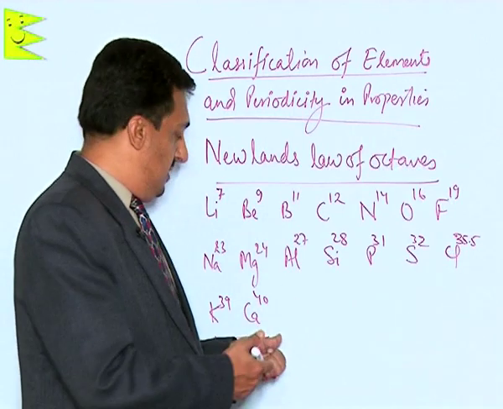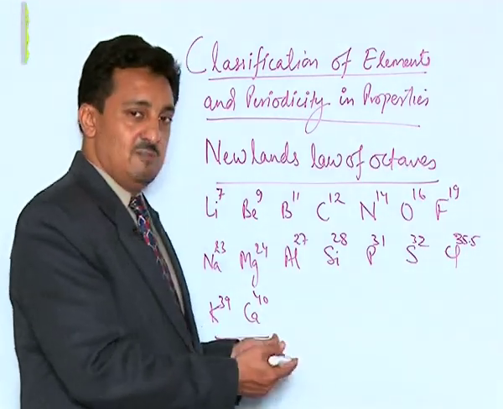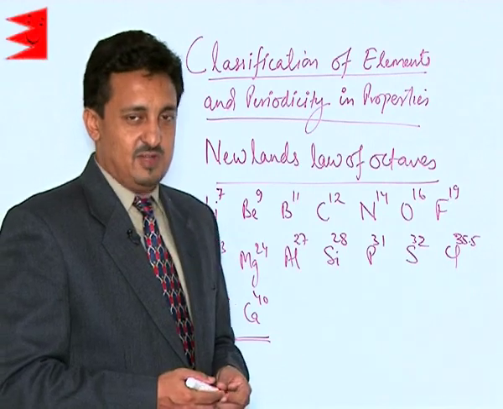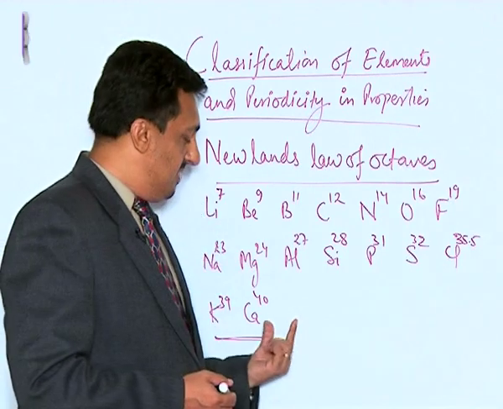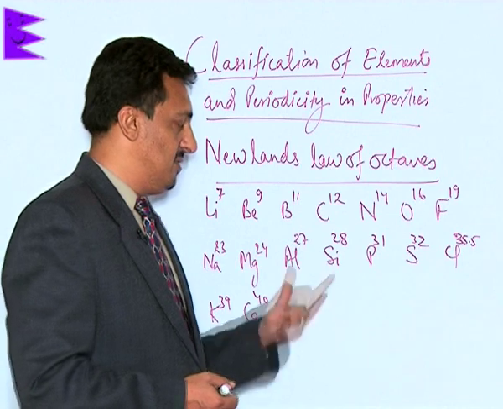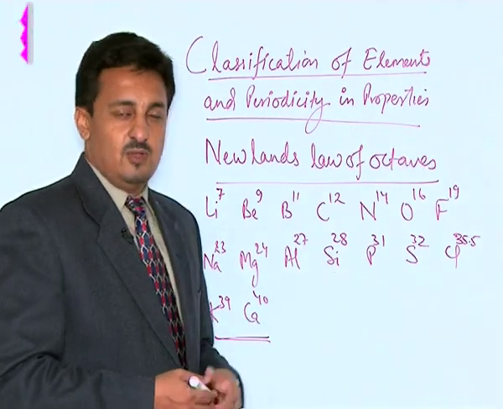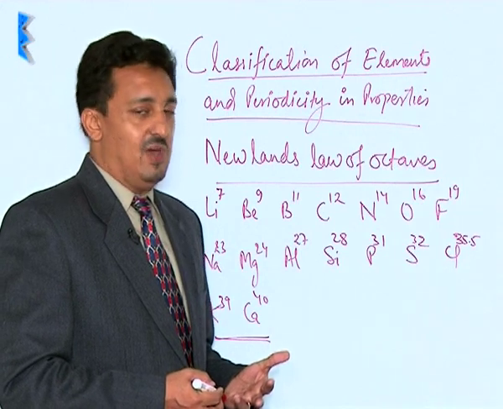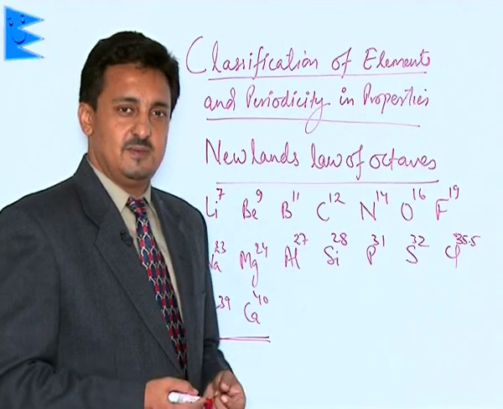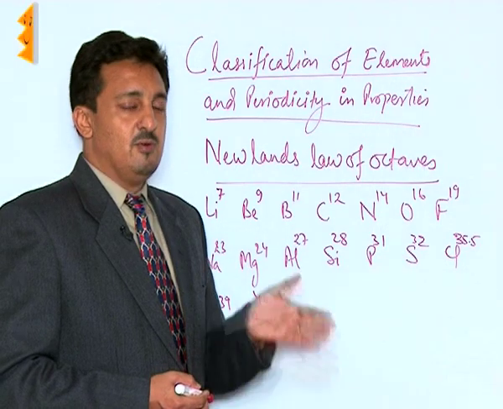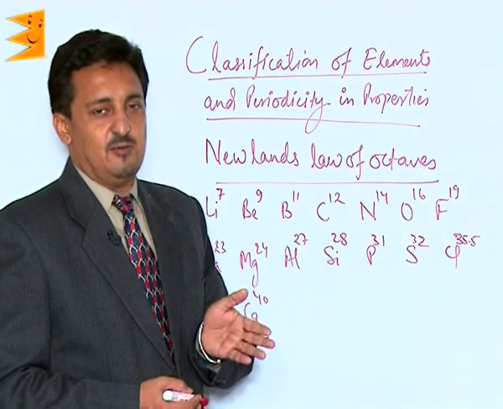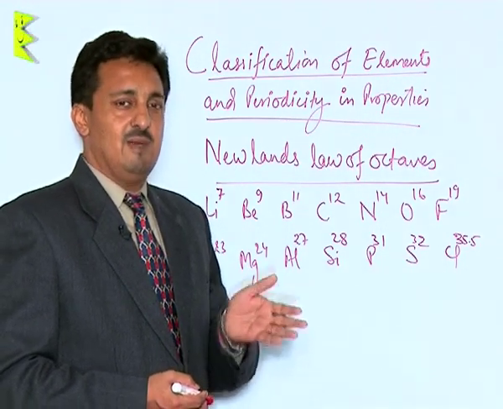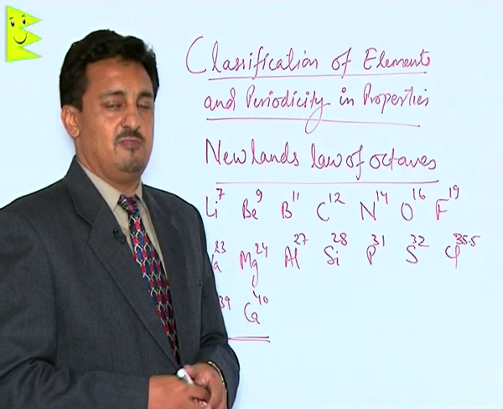But he failed to classify the further elements. The reason is that they were not following this law of octaves. The elements lying after calcium were not following this law properly. So it was only able to classify up to calcium, and that was a major reason why this law of octaves was rejected. So let us move to the next type of classification, which is Mendeleev's and Lothar Meyer's classification of